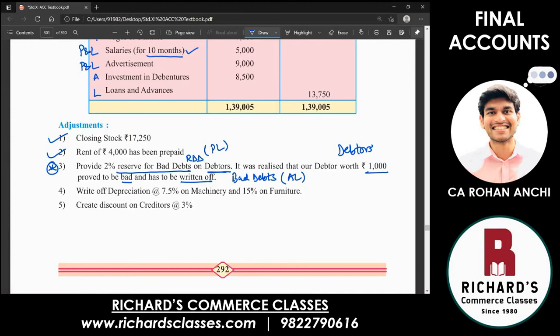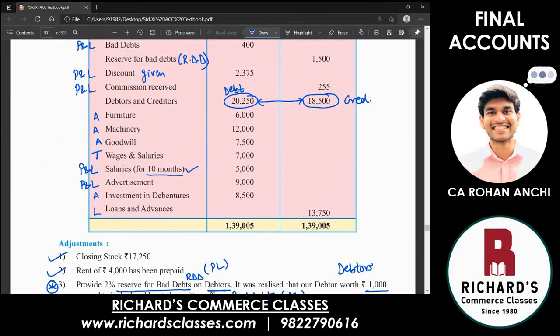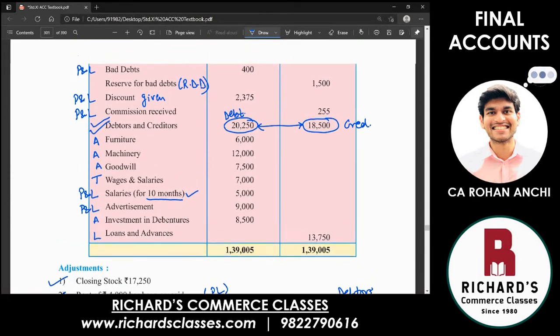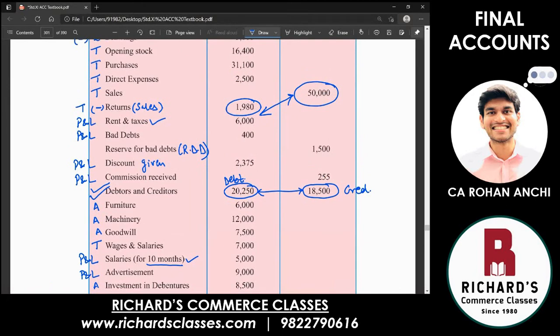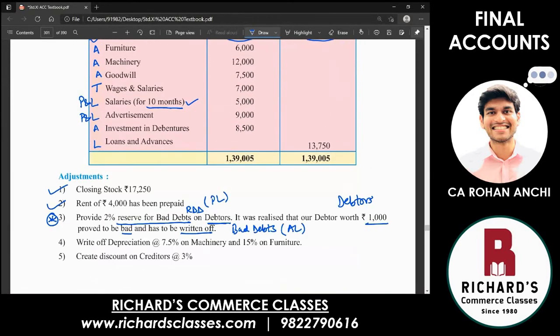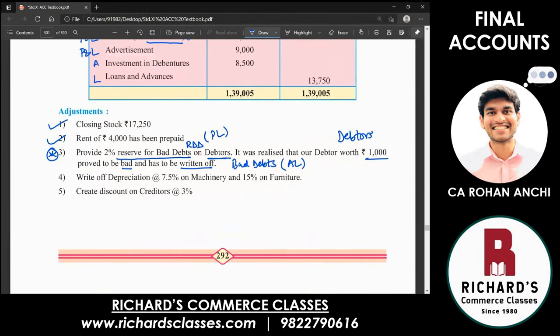So go back to your trial balance and tick mark debtors. And this time debtors, how many times will you tick mark? 1 and 2. 2 times we have to tick mark debtors. 2 adjustments to be done. There's going to be a lot of discussion on debtors and its 2 adjustments. Remember, one item we have kept pending also on top. All of them is going to come together. So, okay, leave point number 3. We will see what is to be done. Only thing is, tick mark debtors twice.